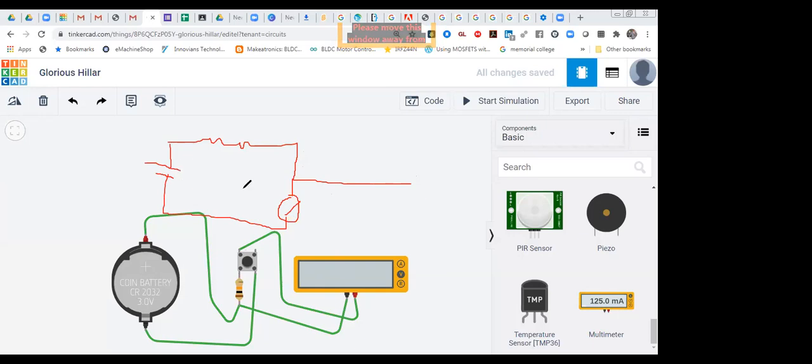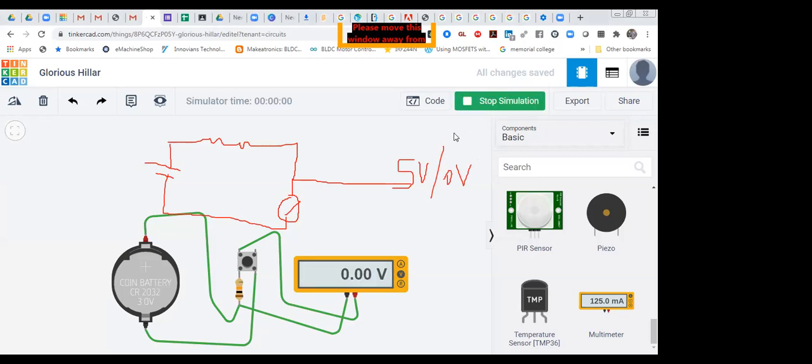When we are not pressing this button, you are going to get output, that is 5 volt. And as you press that button, you are going to get 0 volt. That you can see. So now what I'm going to do, I'm going to check it out. How can we check it out? Start simulations. Very simple. So I'm going to start simulations.